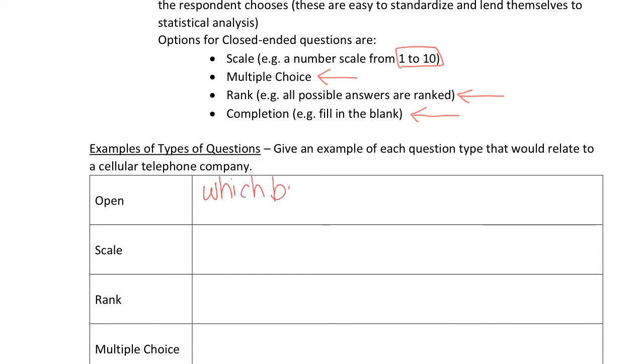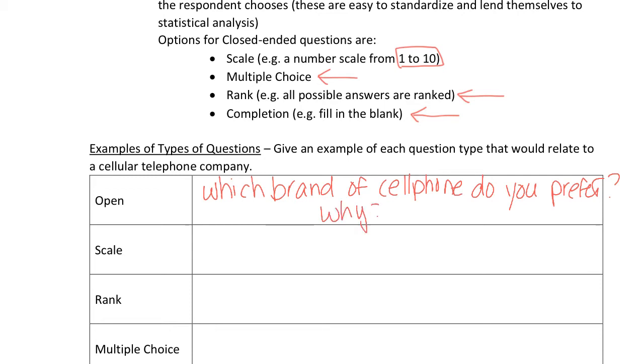So, which brand of cell phone do you prefer? And usually with something like this, there would be a follow-up question like why, and then people can justify their answer. Okay, so if we were to come up with a question about cell phone providers that use a scale,